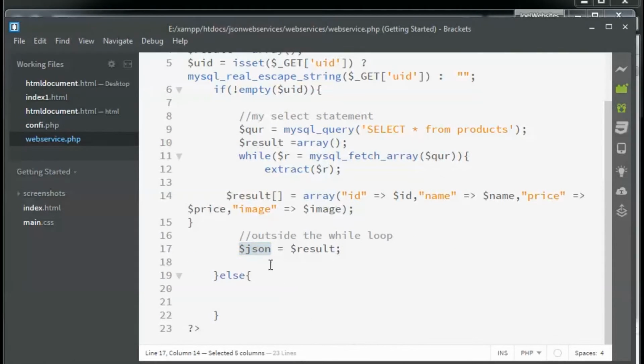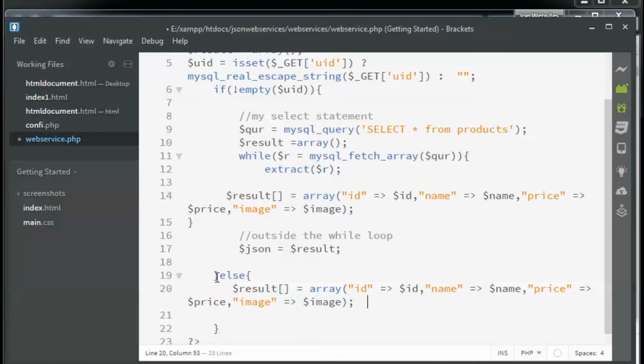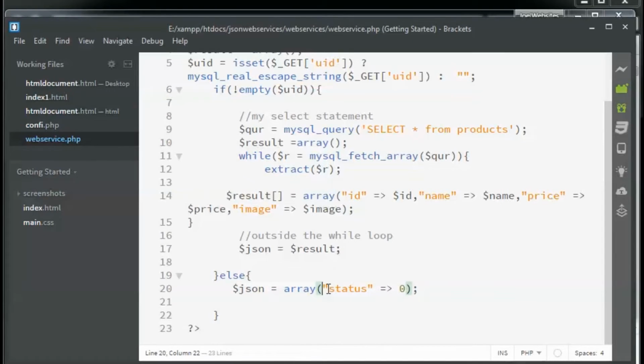Okay, so we have to type in similar code in the else statement. This is just to make sure that the values are being passed. If you're passing a value, this if else that I've made is not necessary, you can just directly call the JSON. So I'm going to name this JSON, and I'm putting status as 0. And over here I'm going to pass the status as 1, because in my application it will help me know whether the value was passed, whether the query was a success or not.